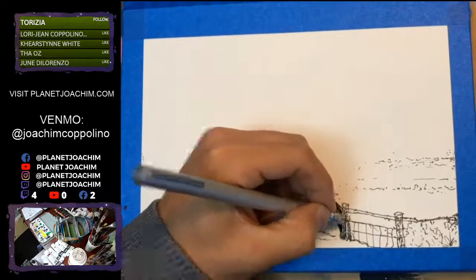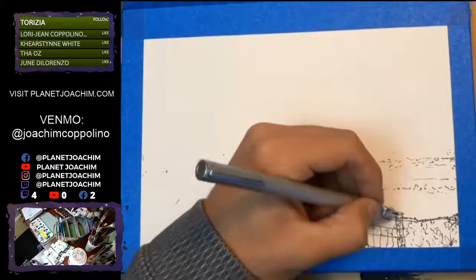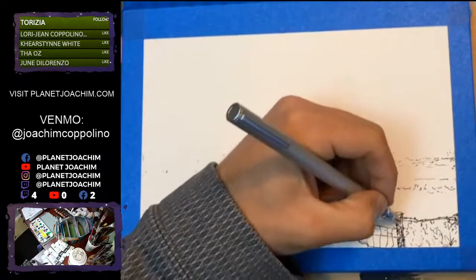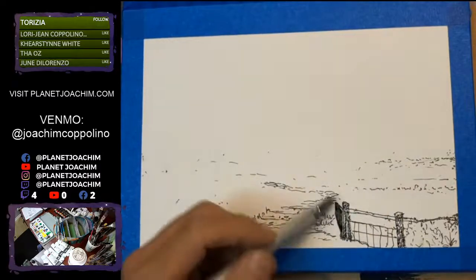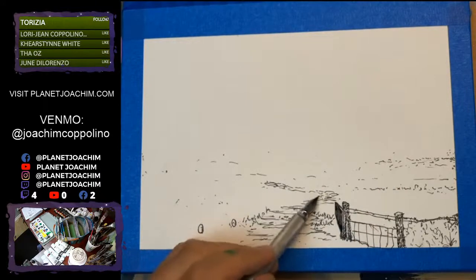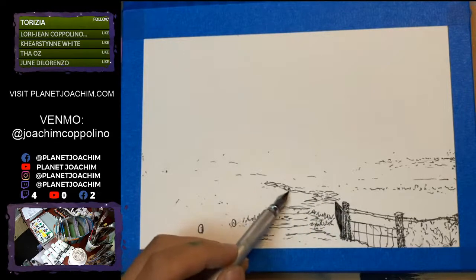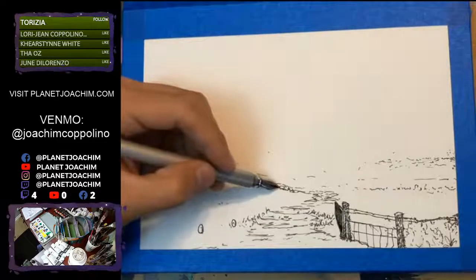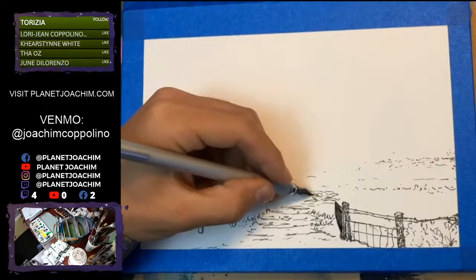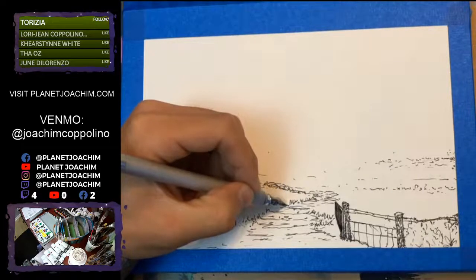So I'm just cross-hatching these log post things. They stand out a little more. I get out here, I gotta make the grass less detailed, the strokes a little bit smaller, and as they get closer,